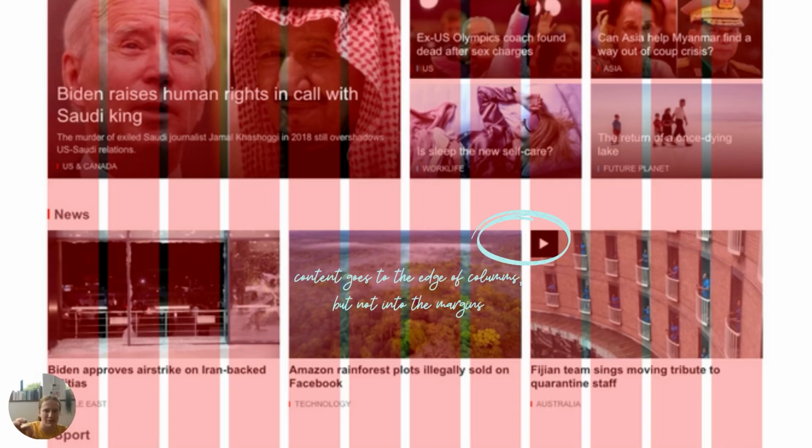What we do in the BBC, if I'm just going to zoom in for a second, we can see that we've taken the content and we make sure to align it to the edge of the column. So I put a blue circle here. We see the content goes all the way to the edge of the column, but not over the margins. So we use the margins to create consistent spacing between items. This, using grids, is